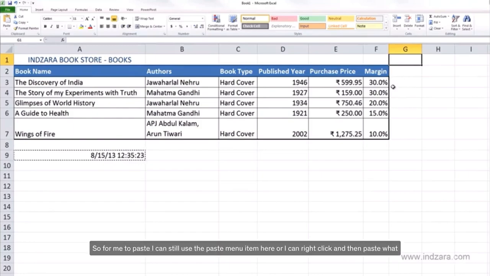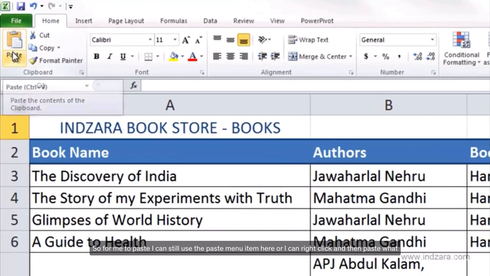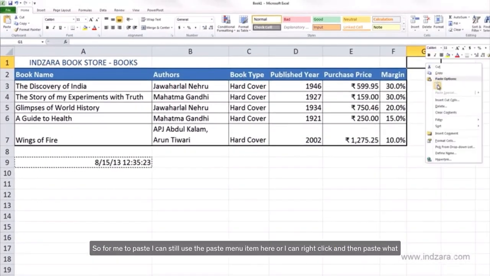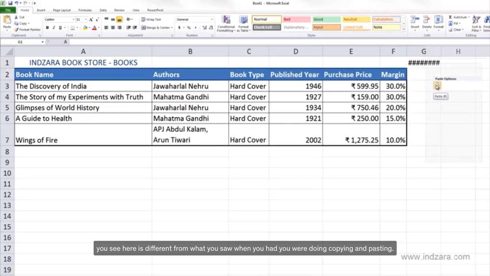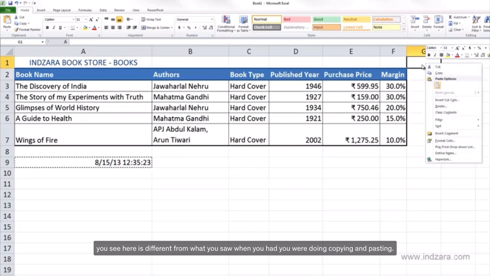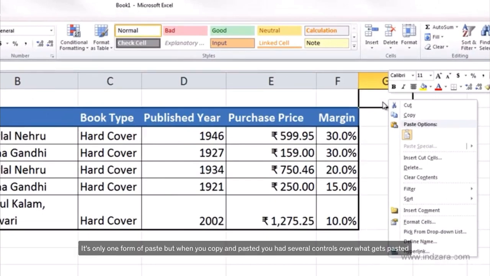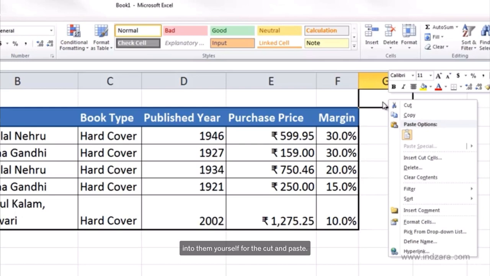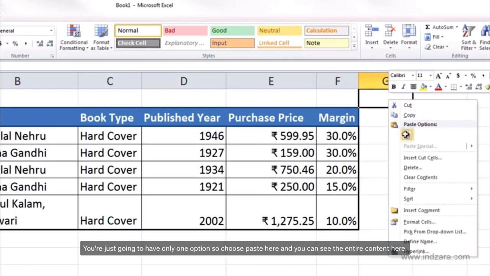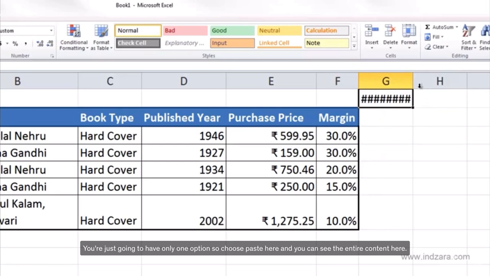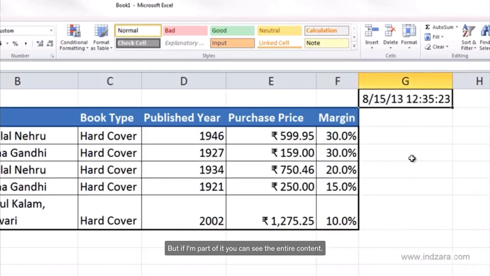So for me to paste, I can still use the paste menu item here, or I can right click and then paste. What you see here is different from what you saw when you were doing copying and pasting. So when we are cutting and pasting, you actually don't have much option. It's only one form of paste. But when you copy and pasted, you had several controls over what gets pasted into the new cell. For the cut and paste, you're just going to have only one option. So choose paste here, and you can't see the entire content here, but if I auto fit, you can see